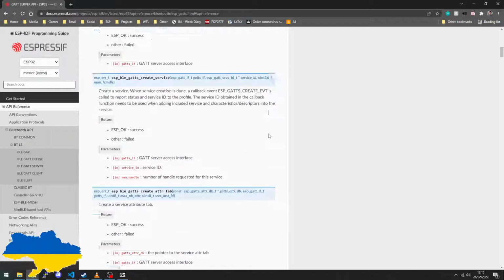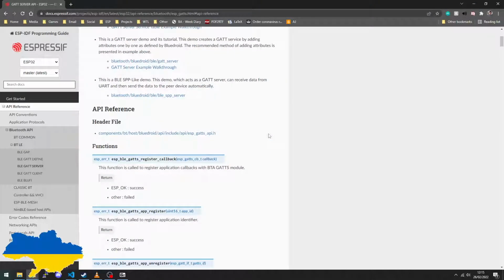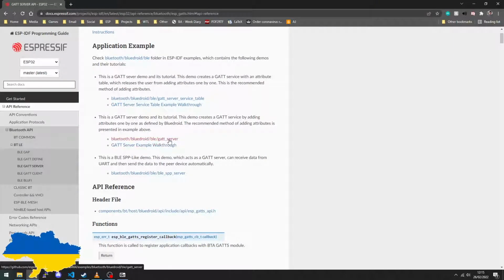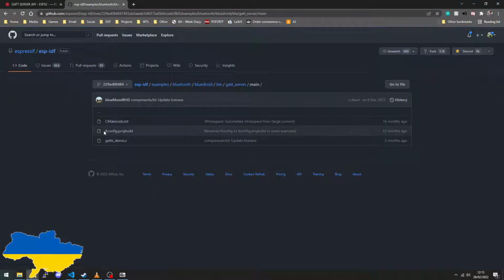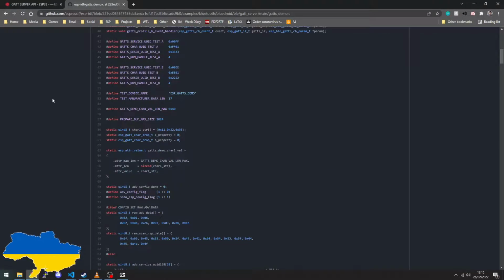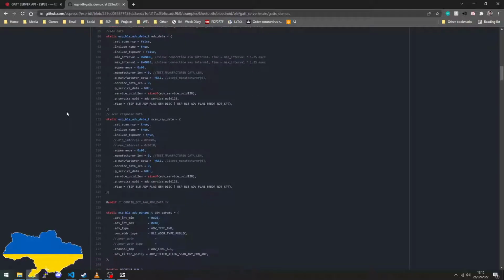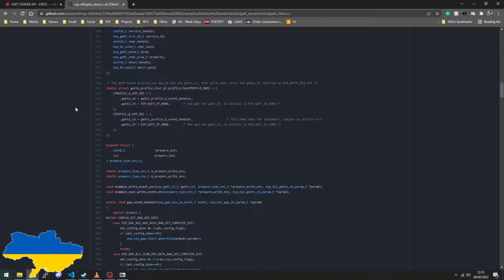Okay, you know what? It might be better to show an example. So let's go to their GitHub. It's an event handler. That's GAP stuff that we'll talk about later. It's the attribute table. That's your callback. What I'm looking for is what the table looks like.